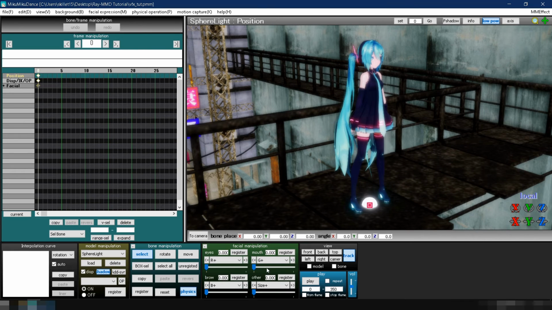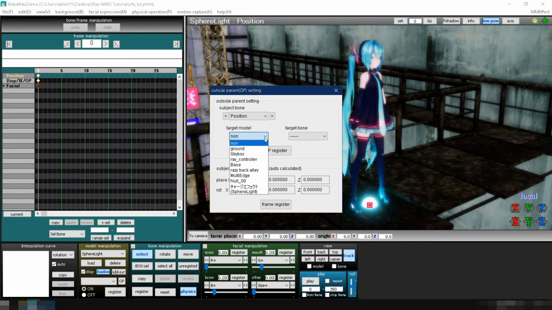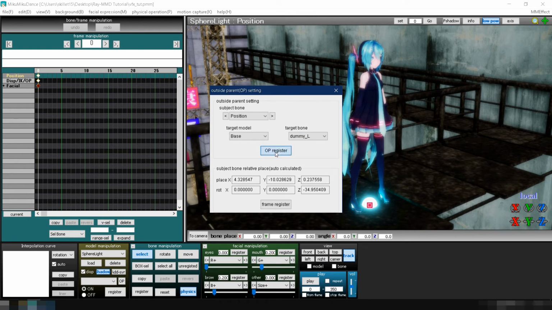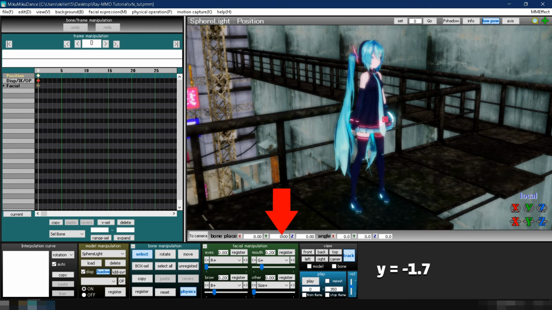In Facial Manipulation, set G+ and B+ to 0.2 and click Register for each change. Attach it to the model's left dummy bone as well by going to MM, clicking the OP button, selecting Miku as the target model, its left dummy bone as its target bone, and clicking OP Register. Set its Y value to -1.7 and click on Register in Bone Manipulation.